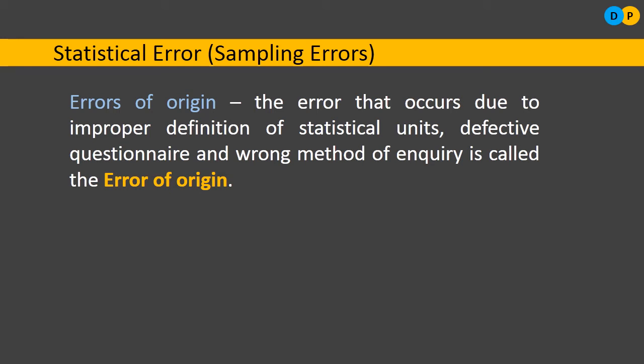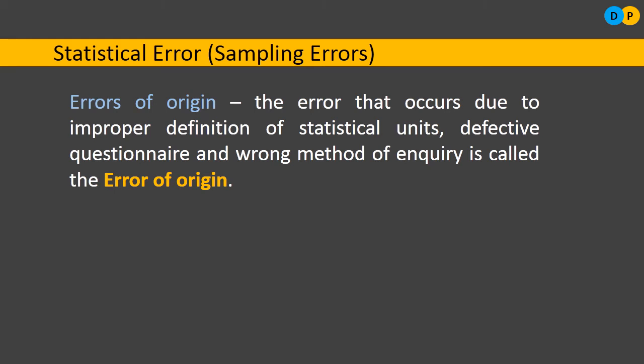Let us say while collecting blood samples from multiple individuals, we have not followed the standard. We have to collect blood samples in 100 ml. Instead, we collected only 25 ml. This may be the reason we will not be able to come across the actual facts. Or else a defective questionnaire. At the time of asking questions to the respondents, the questionnaire we prepared was not effective, which doesn't give exact answers for our investigations.